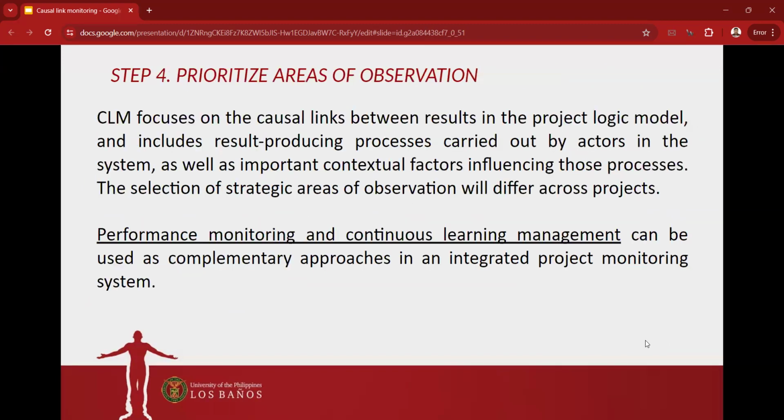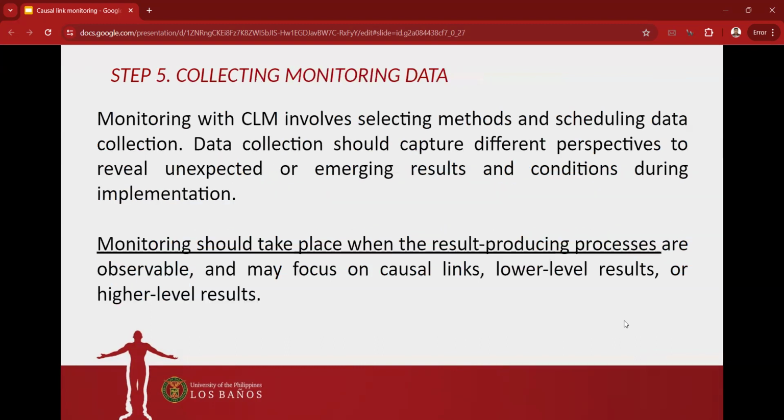Fourth is to prioritize areas of observation. While you are still implementing the project, you're already learning, and that learning is through observation. It's performance monitoring and continuous learning management that you use to complement the approach in this project monitoring system. Fifth is collecting monitoring data.